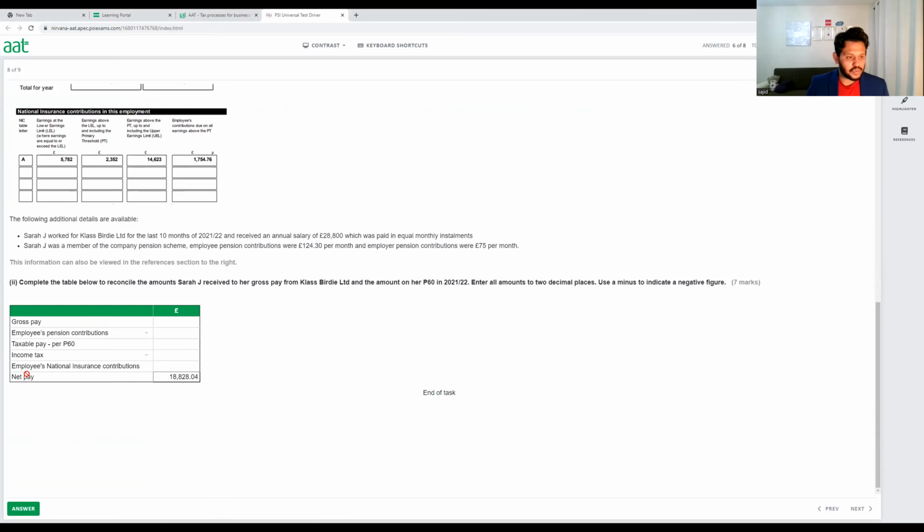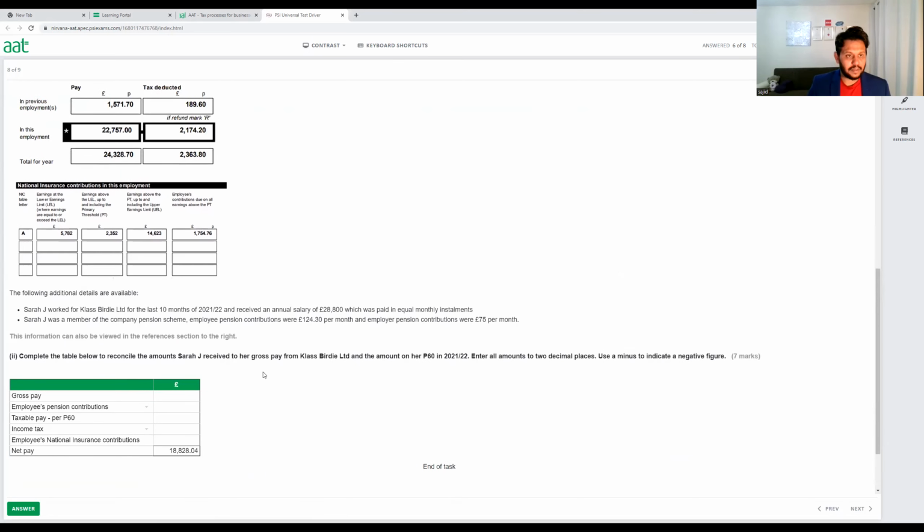Okay, first we start with the employee national insurance contribution and how much it is. So it says 1754.76. We can see it here. And this is a deduction, because if you work for a company, you have to pay the national insurance. So it is a deduction for you. So it's a minus